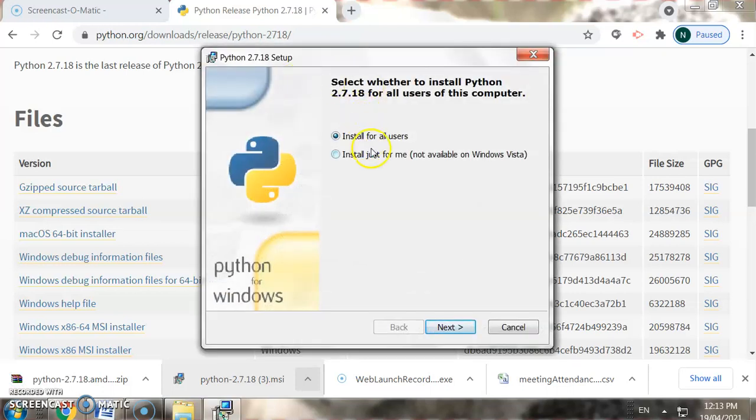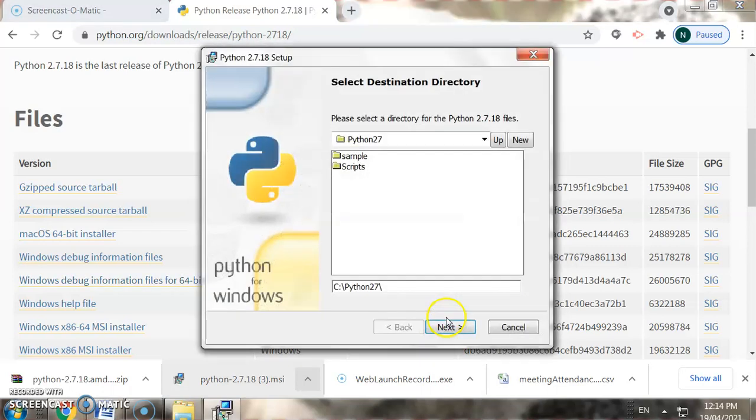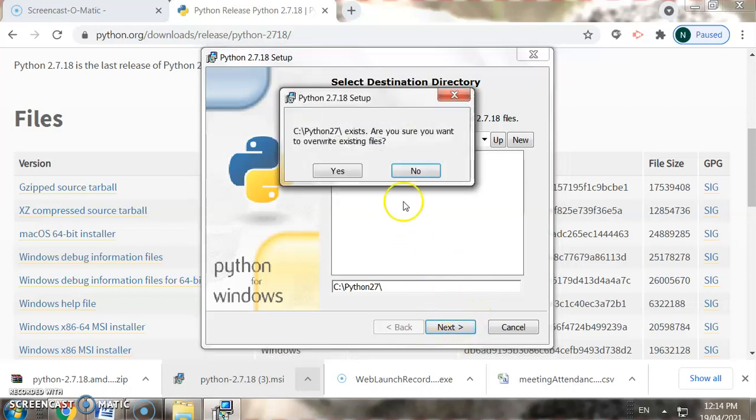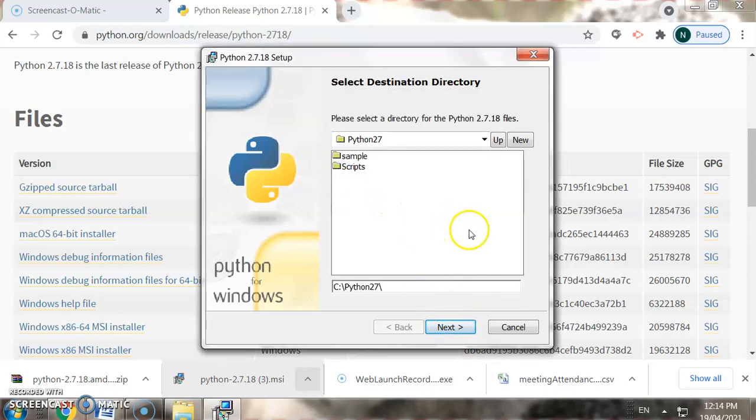Okay, so install for all users. Click on the next option. Okay, select the path. Yes, I am overwriting.